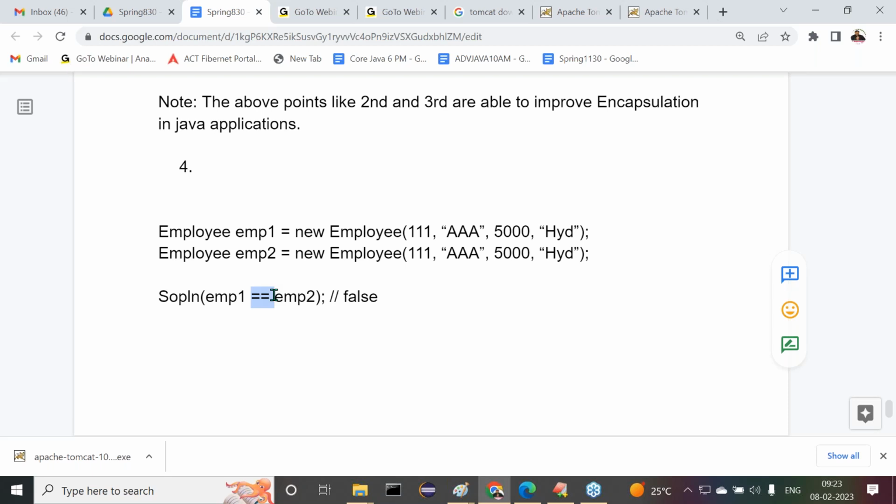In the Object class, the equals method was defined in such a way as to provide references comparison instead of content comparison. The Object class equals method performs the same as the double equals operator. It compares references instead of content. But some classes available in Java, like the String class, the best example, and the wrapper classes,